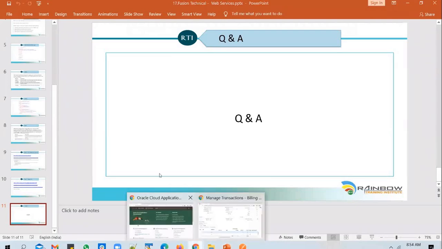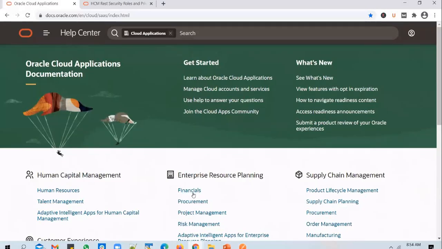We have seen the list of standard services here, right? When we went into financials, we saw a bunch of services, and the same for human resources. Similarly, there is a web service called External Report WSS service. It is a SOAP service which you can use to kick off a BIP report in ERP Cloud.